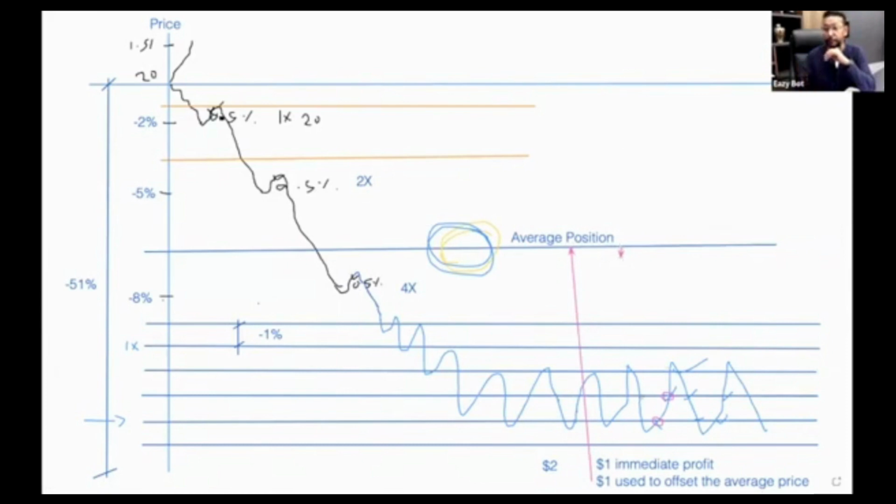While the market is here, each trade is going to contribute to bringing this average price down. I'm not going to show exactly the equation, but it's a mathematical equation at the back end that offsets the average price as the market drops. Using part of the profit to offset the price, we decided to make it 50%. So another trade happens, it moves it down further. Another trade happens, it moves it down further. Another profit happens, it moves it down further. And then it keeps on moving down. If the market stays here, it keeps on moving down, down, down, down,